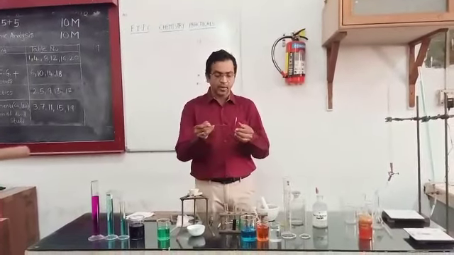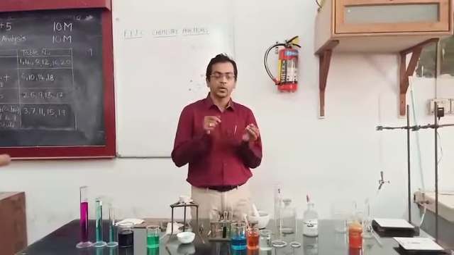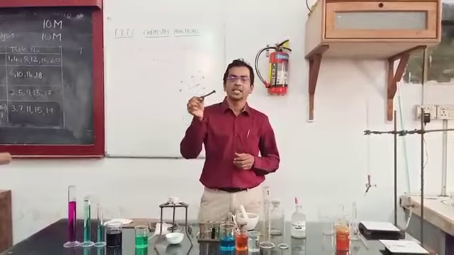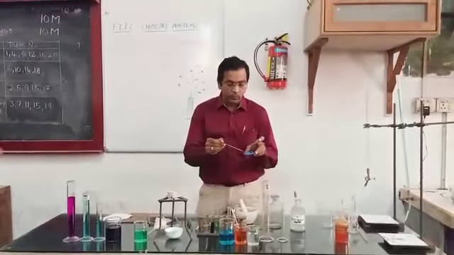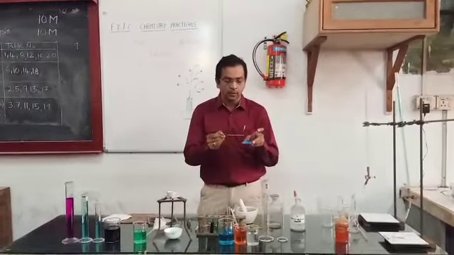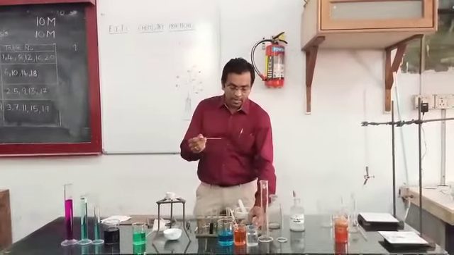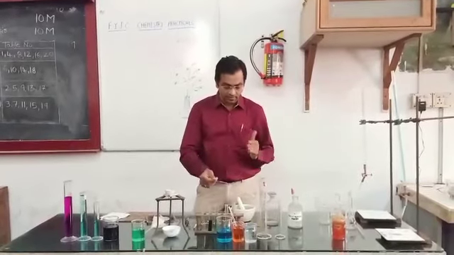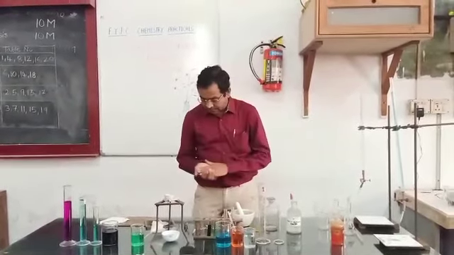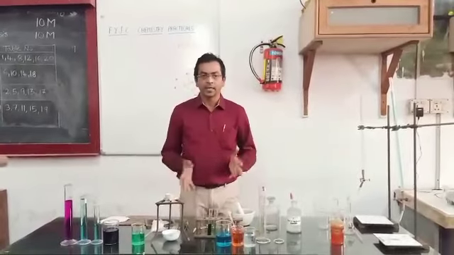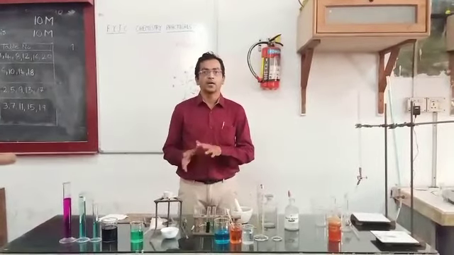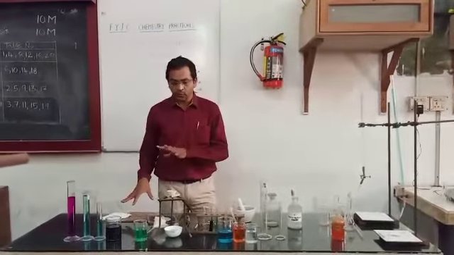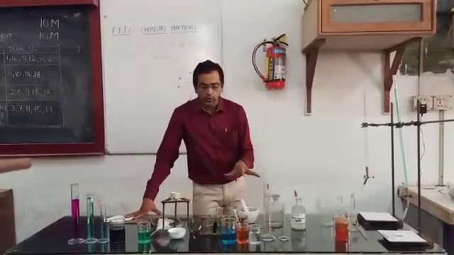This is an important apparatus which we require, to take various chemicals. That is nothing but a spatula. This is a steel spatula. I can use it to take a small amount of substance and transfer it into a test tube, or a beaker, anywhere you can transfer. So these are the various apparatus in the chemistry lab. I hope you have understood which apparatus we use and what their uses are.